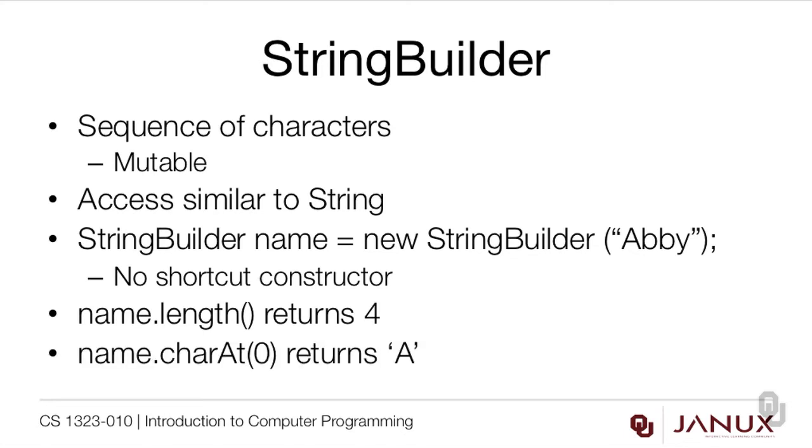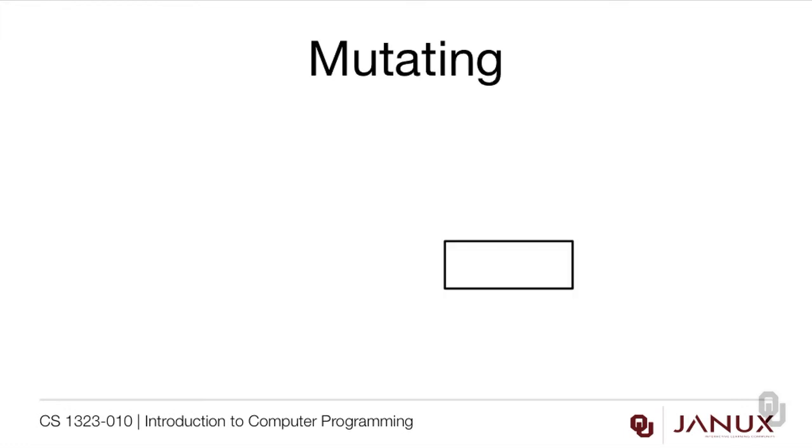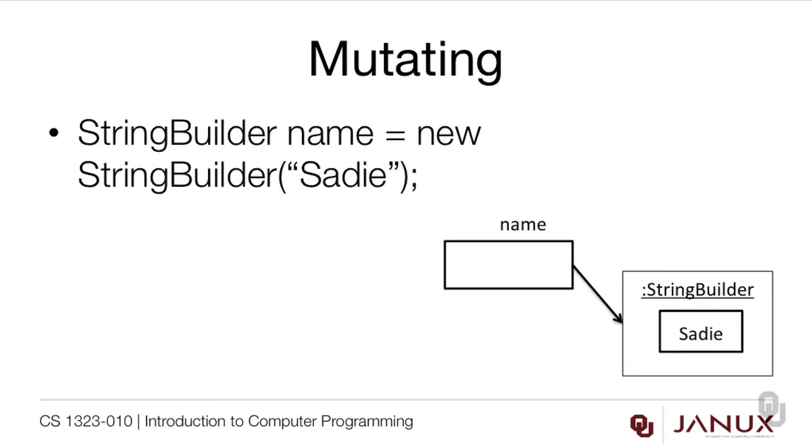If we call name.charAt(0), this returns a capital A because the 0th character of the string that the reference name refers to is a capital A. Remember, charAt uses 0 indexing. Now for mutating. If we start with a StringBuilder name equals new StringBuilder Sadie, this is what we